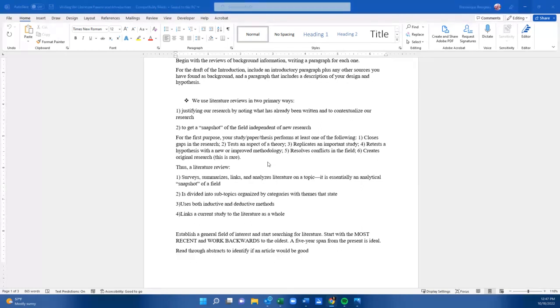So does your research address that? Does it test an aspect of a certain theory? Does it replicate an important study? Which, that's also a thing. Your study could be just a straight up replication study, or it could be a replication study with slight